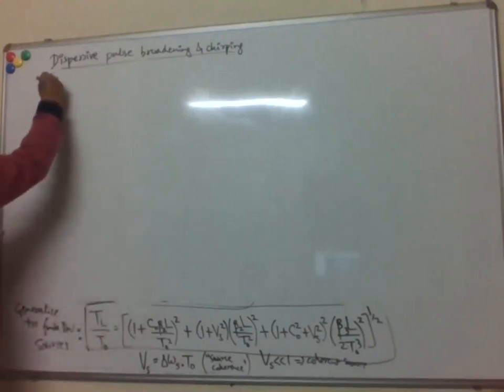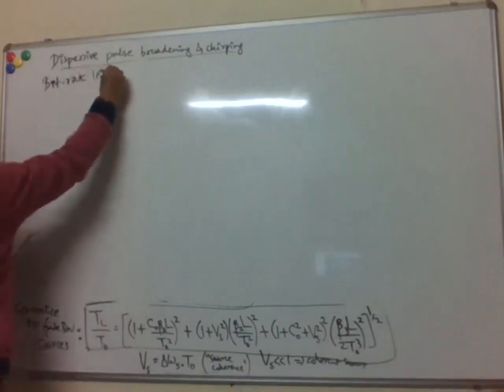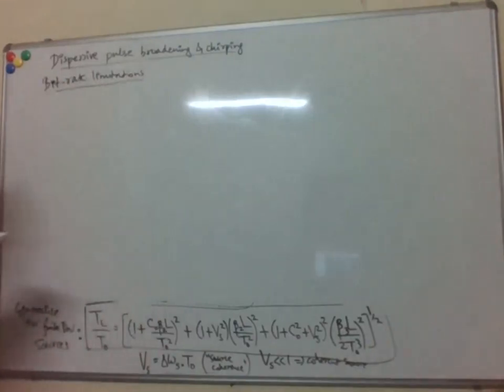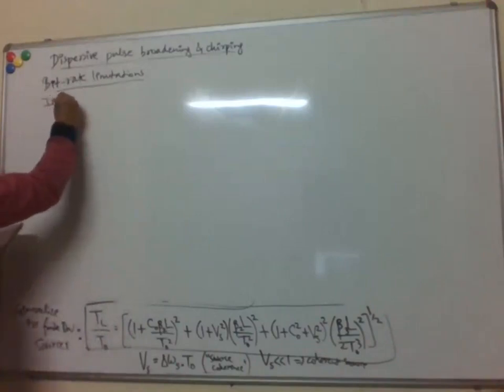If you look at the bitrate limitations that we get due to dispersive broadening, let's first look at incoherent sources,